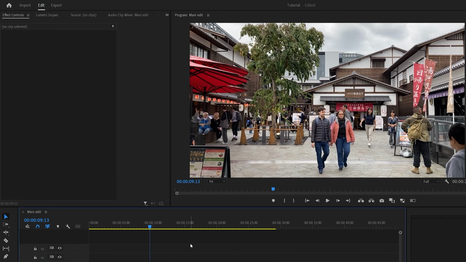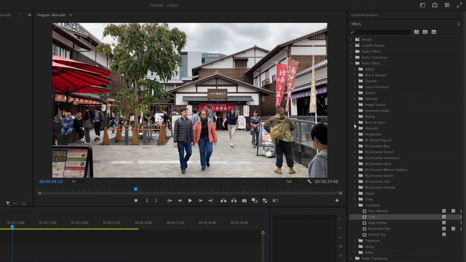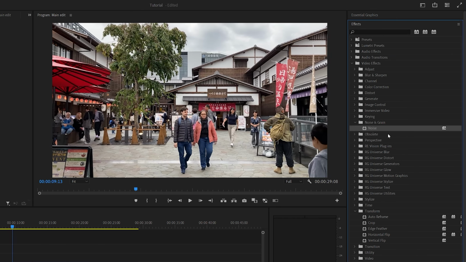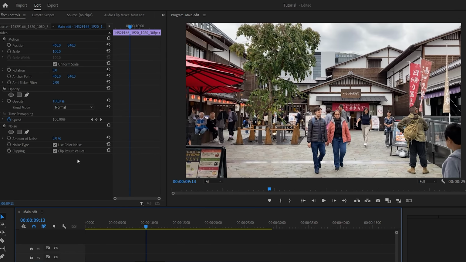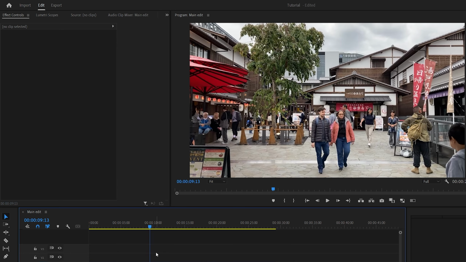So that about covers the core effects you'll use the most. However, I want you to experiment. You can always open each folder, for example, noise and grain. You can drag on noise. You'll see a new slider called amount of noise. When we put it to 50%, it creates noise on the image. It really is up to you, same as transitions, but there is one more effect I want to show, and